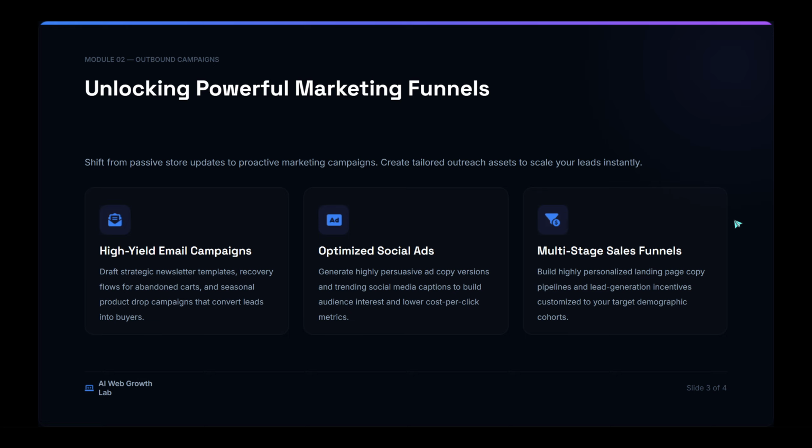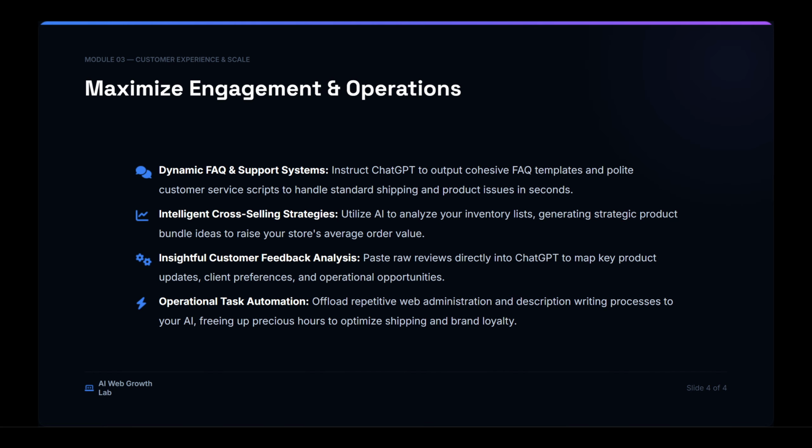Next, enhance your marketing campaigns. Have ChatGPT write email campaigns and promotional messages by sharing your offer, timing, and desired tone. Ask for subject lines, preview text, and body copy you can paste into your email tool. For social media, generate captions and ad copy tailored to each platform with strong hooks, benefits, and a clear call